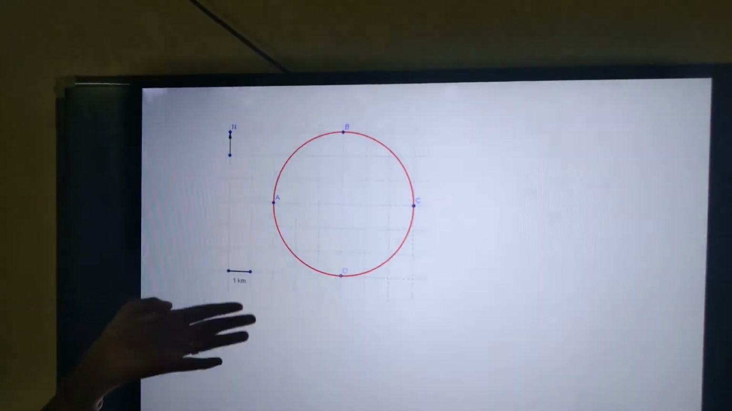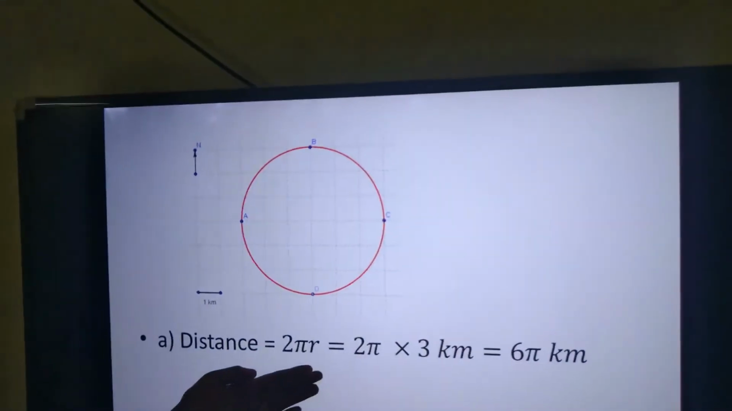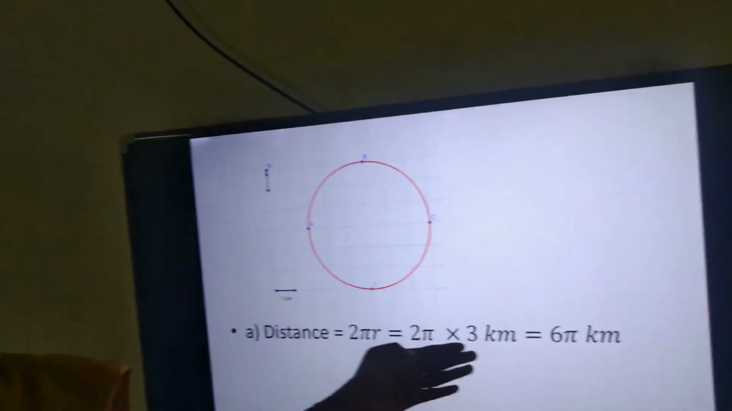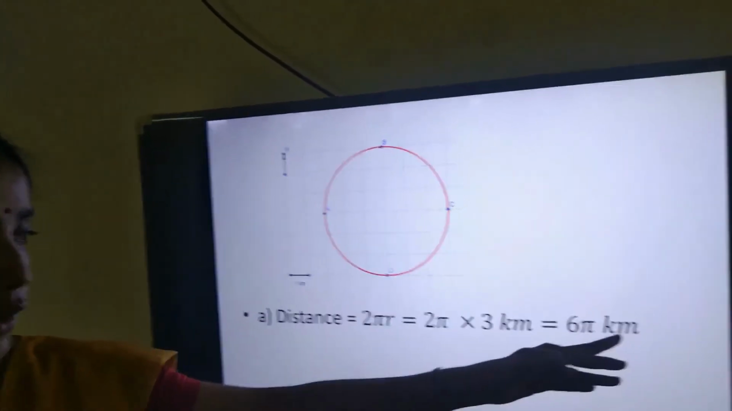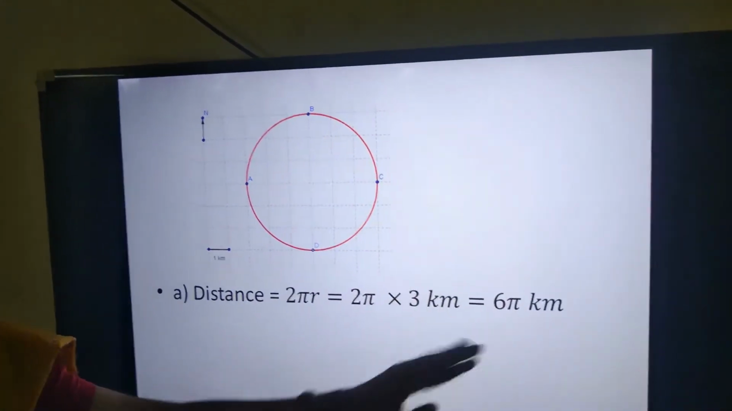Again, the same figure I had drawn here. Then the distance is 2 pi r, because the path is circular. So 2 pi into 3 kilometer. You know how the 3 came here. Then 6 pi kilometer. If you want, you can substitute the value of pi as either 22 by 7 or